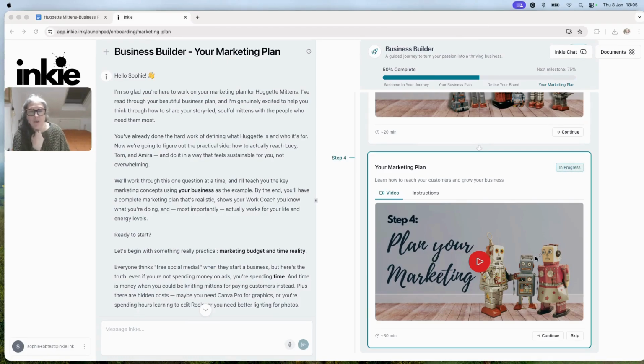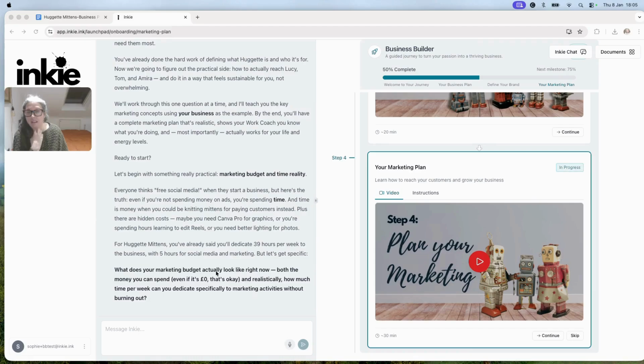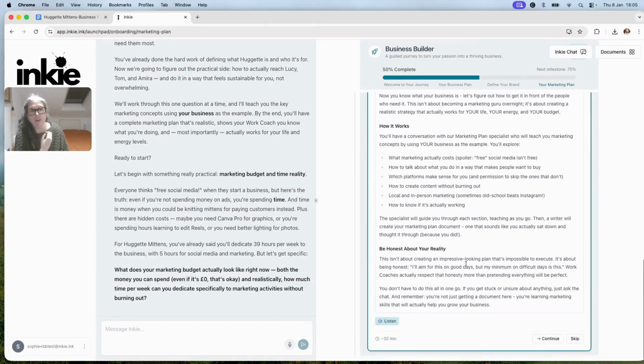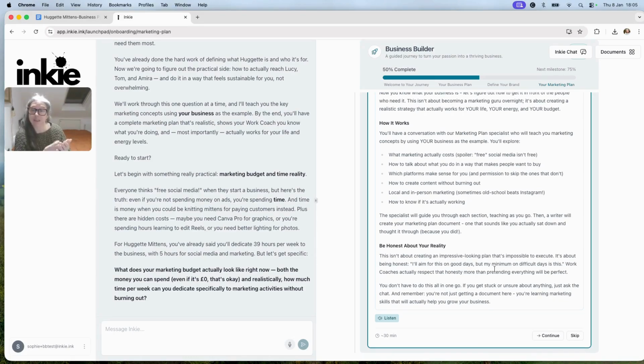So it will already have taken some of the information that you've added to your business plan and bring all that in first. So it's not as much work as it would be starting up from scratch. And also, this is a far more tailored approach than using a marketing plan from an AI that you might get. It really works out what you've already done, and then looks at what is easy for you. So, like what social media platforms you're already on, and how to create content that you can produce